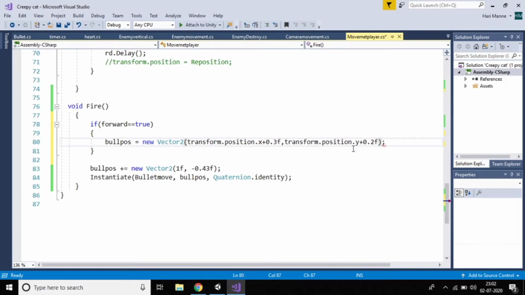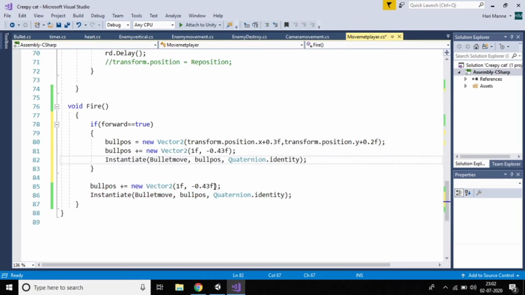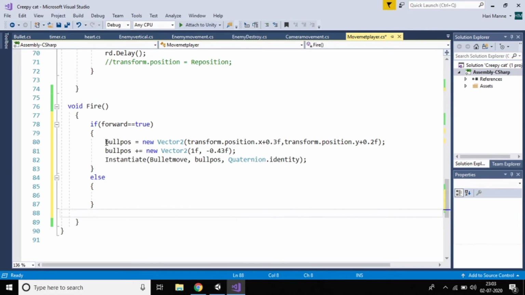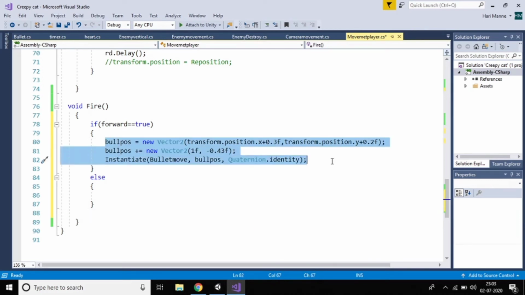Just modify the code before we use it, and same here. Copy this one and paste it in the else. Cut this one, copy this and paste it here.